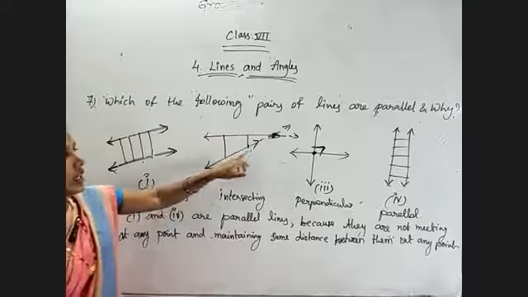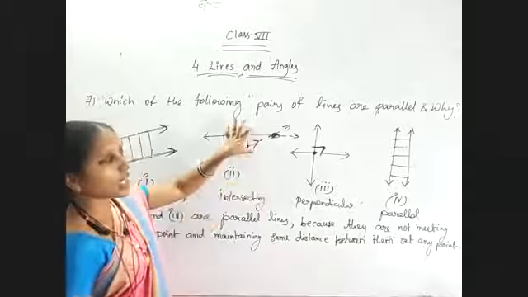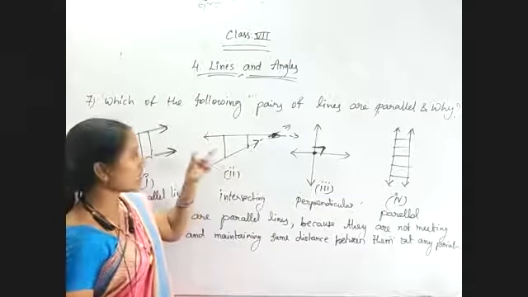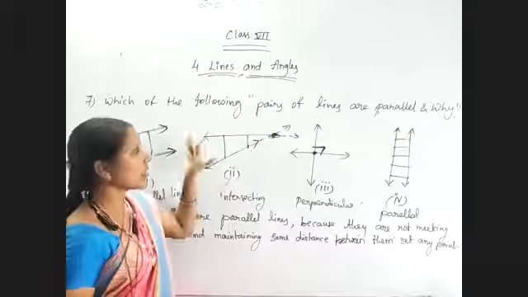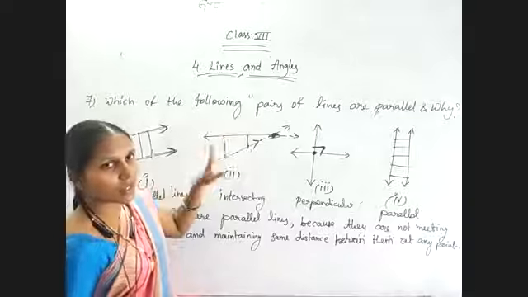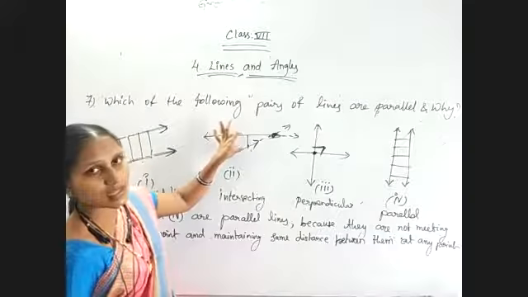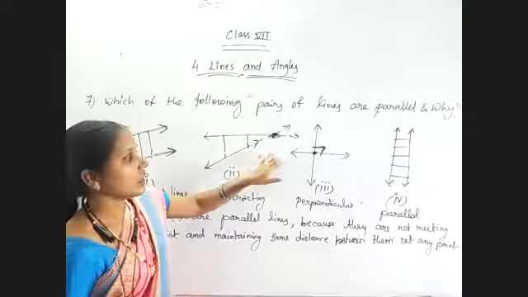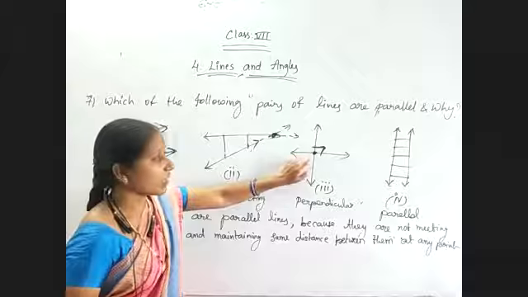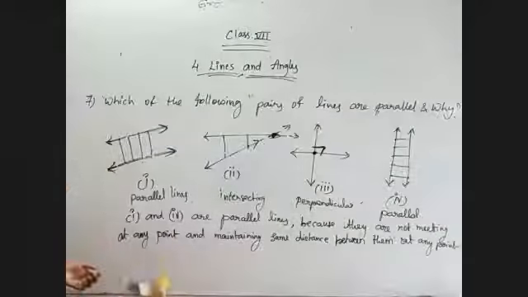Coming to the second one, if you extend the line, since extension is possible, the two lines meet at one point. So these are intersecting lines. Otherwise, what is the definition of parallel lines? They do not meet at any point. They must always have an equal distance between them. But here the distance is greater, and here the distance is less. So these are not parallel lines. Coming to the third one, they must not meet at any point, but in this picture they are meeting. So these are not parallel lines. That's it. Now coming to the 8th question.